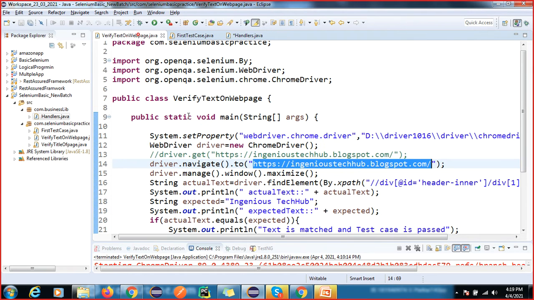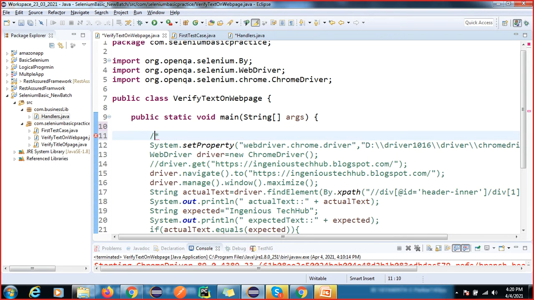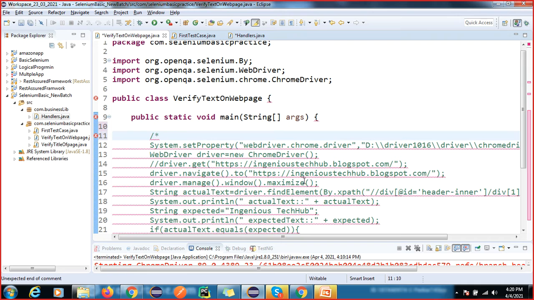Okay, so now I'm going to, no, though both are not same. Both are, the job is same, but internally it will capture the history of the web, means this URL.